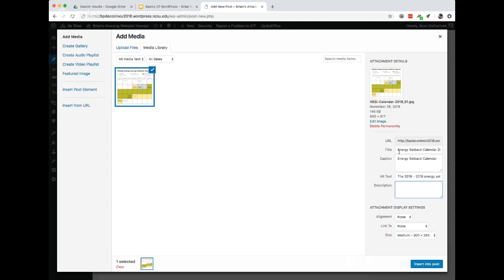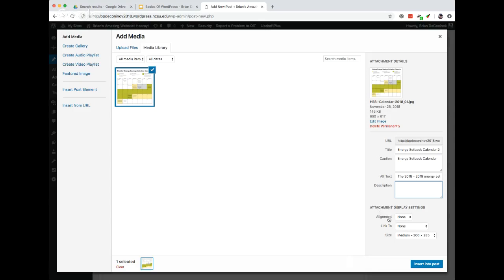Description text has some nuance to it. So if you have questions about it, if you have something that's especially complex and you're trying to figure out the right way to describe it, that's definitely a time to reach out to us or reach out to the accessibility coordinator and figure out the right way to do it. For now, I'm going to leave my description text alone, and I'm going to go down to the attachment display